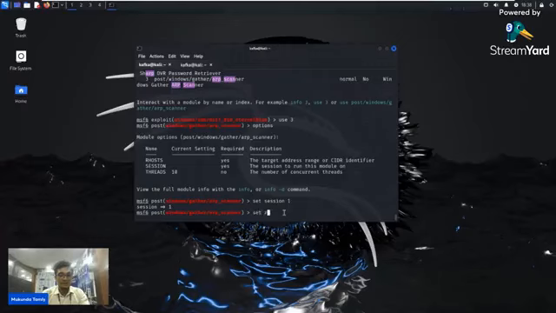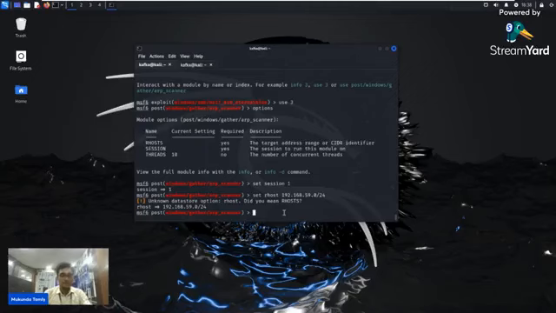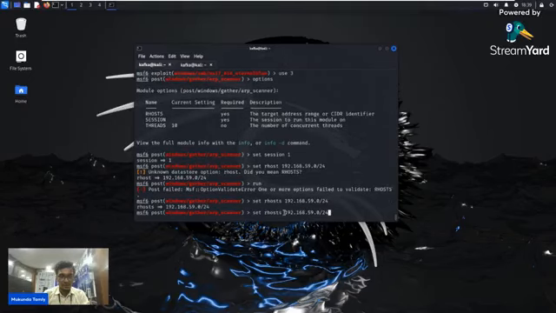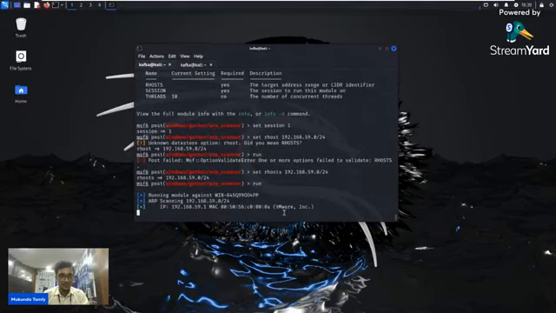I'm basically setting the RHOSTS to 192.168.59.0/24. Run. Okay, sorry, there's no run. It's running. 59.1, it got that it is VMware.